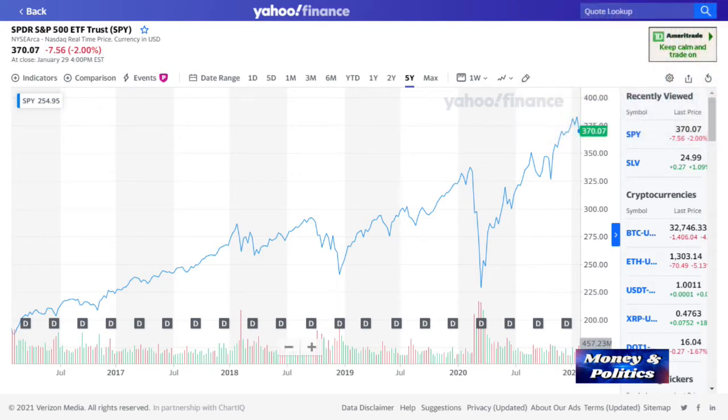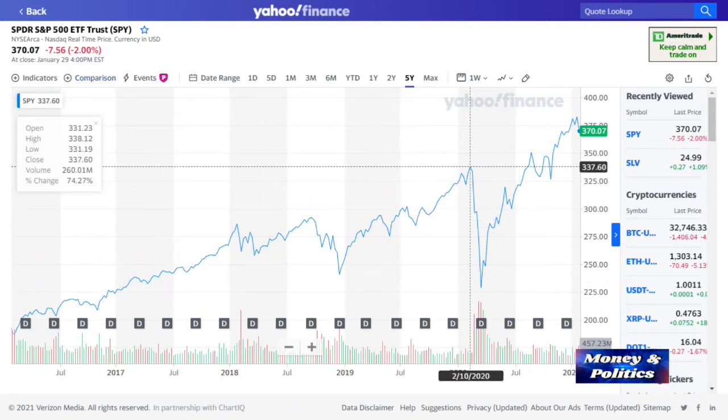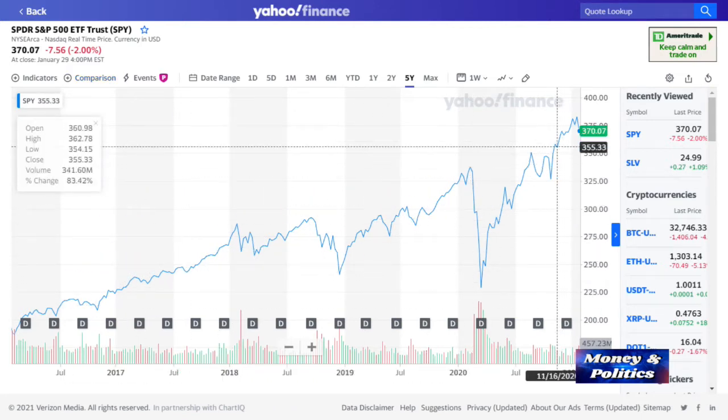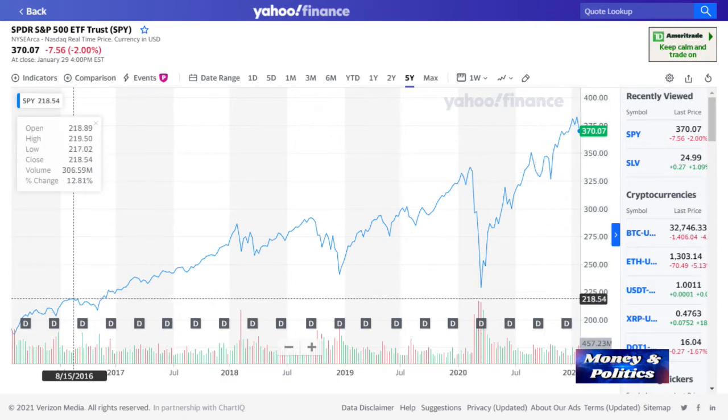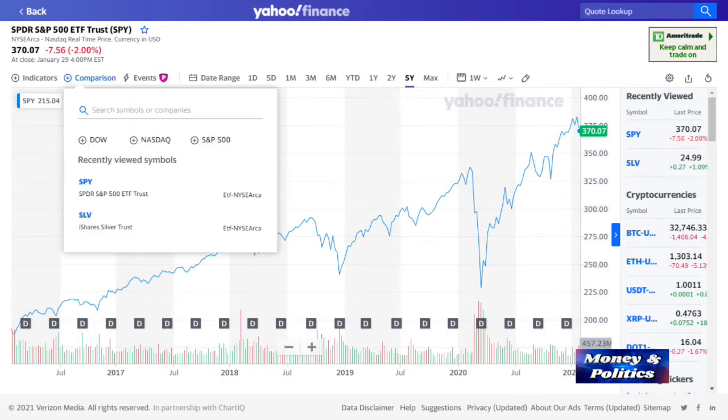So that said, though, let's go up in the upper left corner. Again, this is one of my favorite tools. Now, when you put just one stock in, before I do what I'm about to do here, if you go over and you see the price, it shows in green here is $370. Once we do a comparison,